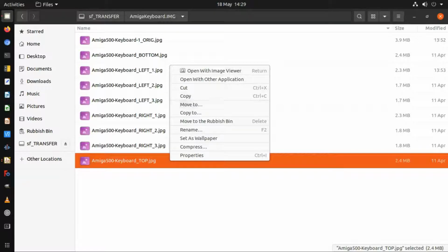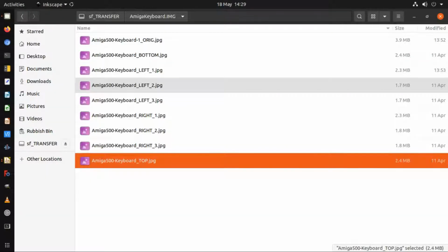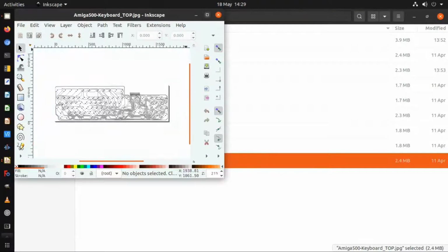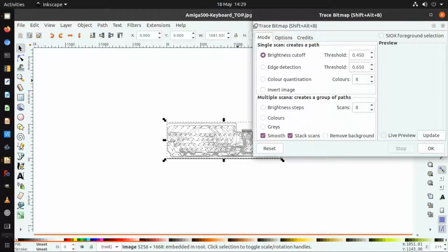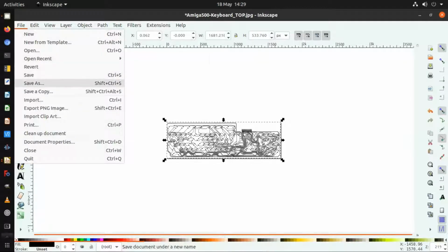to open it with an application called Inkscape, and then just select the default options and click on OK. When it's imported into Inkscape, I just maximize the window. Then select the image by clicking on it and right click, then Trace Bitmap, and then just click on OK. Then when it's finished doing that, close that window and then go File and then Save As,